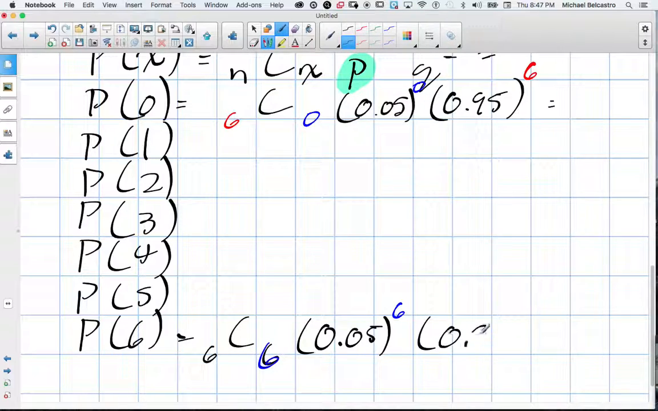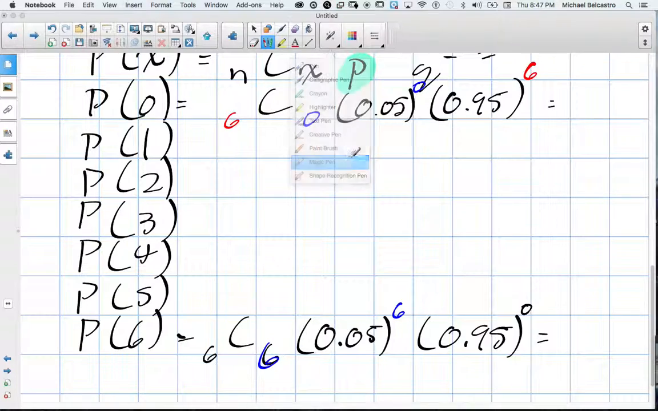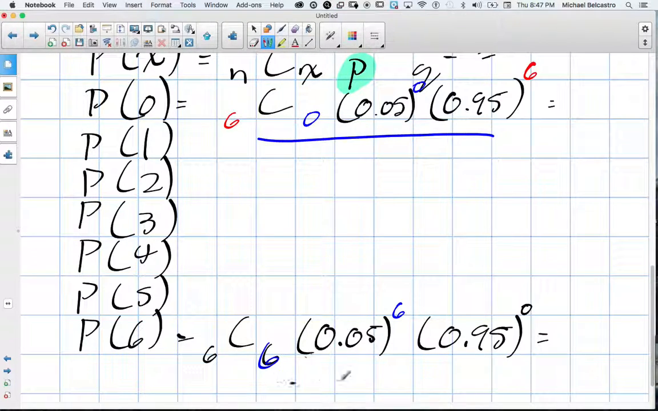The probability that we have no failures is still 95%, but this part is 6 subtract 6. So what we're talking about is we're going to have no good engines when the inspector takes it. So what's the probability that there are no good engines? The difference between the first one and the last one is that in this one we're talking about having